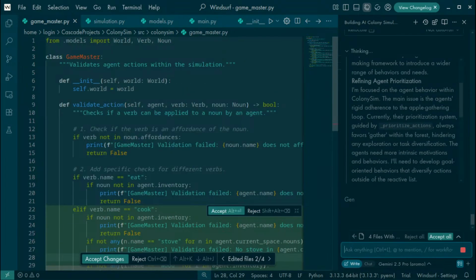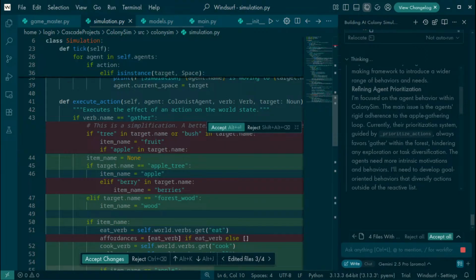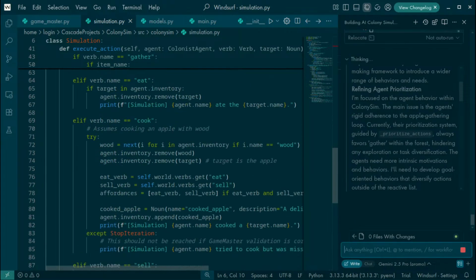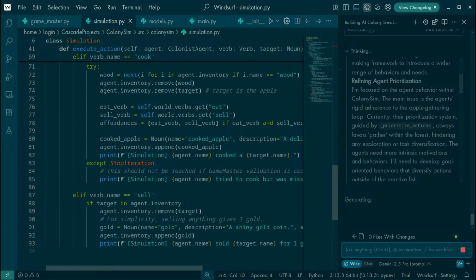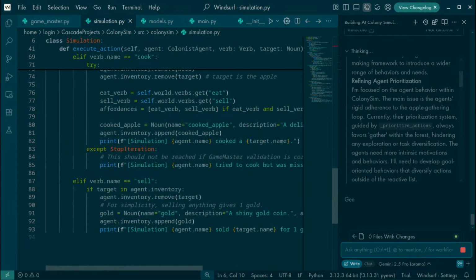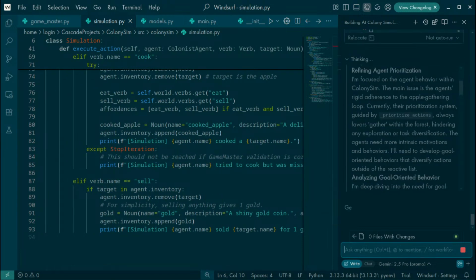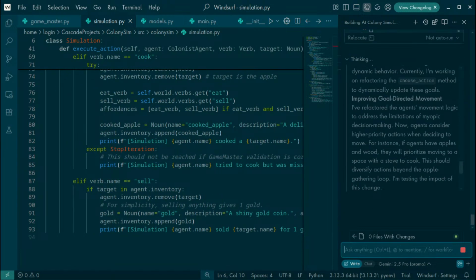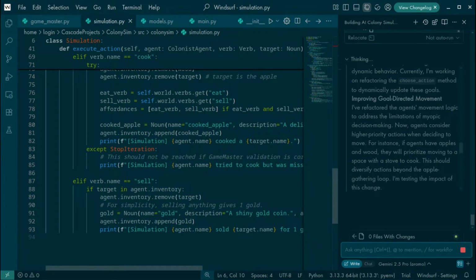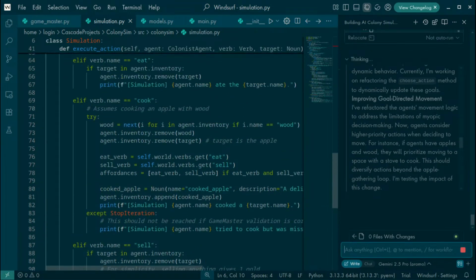Okay, he's gone really far down a track that I don't really want him to go down. Let me accept all, because it's fine. Probably I'll let him do this for one more loop, and then I'll stop him so I can talk to him about what the hell he thinks he's doing here.